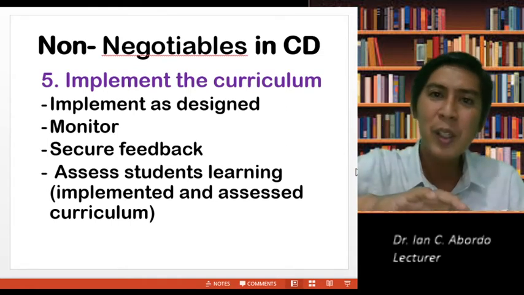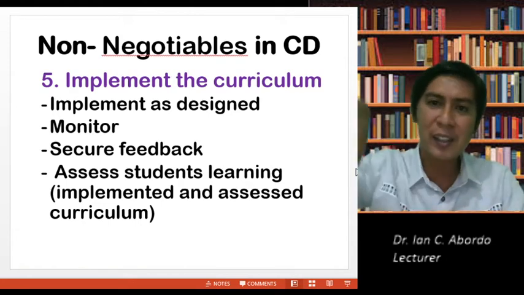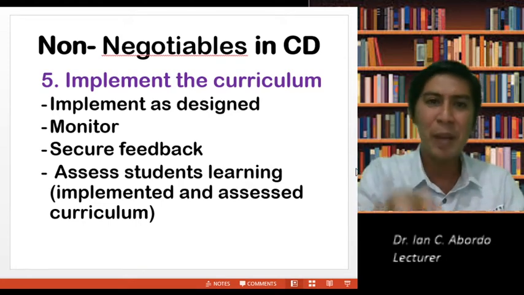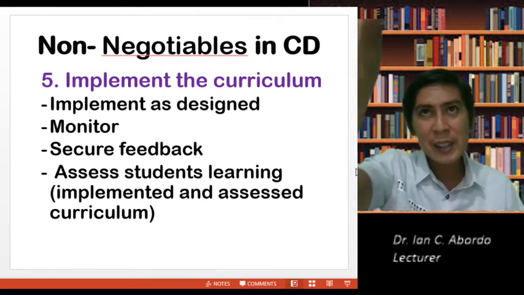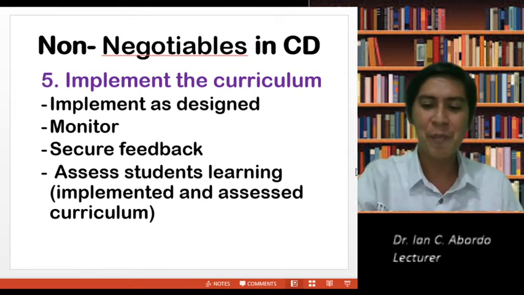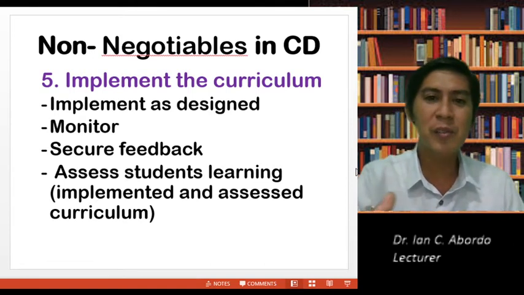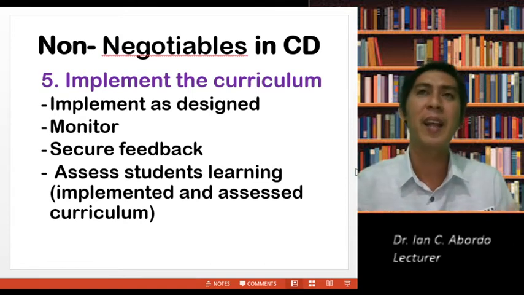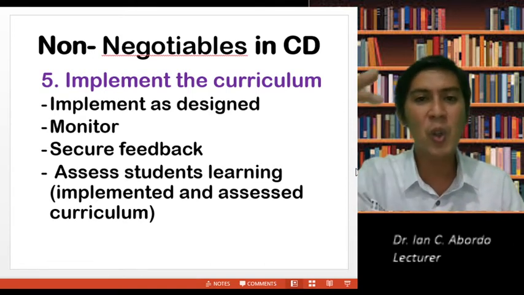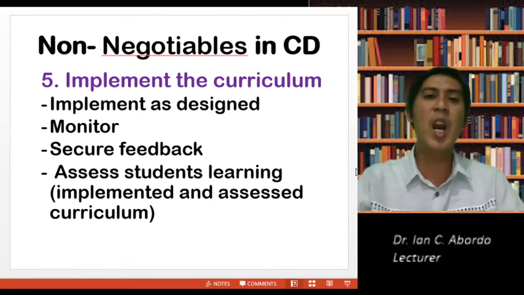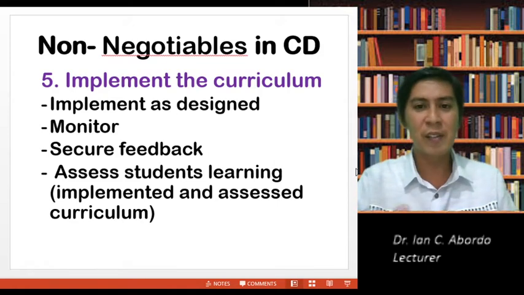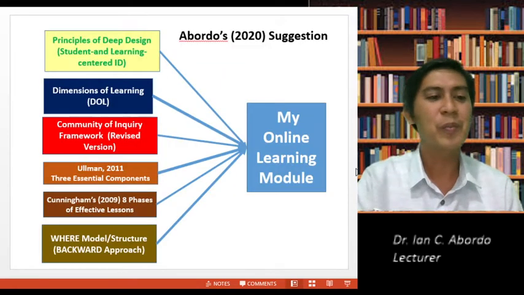This is the effect of our implemented curriculum. Our written curriculum will have an effect. If the student just got a score of 79, that's the assessed curriculum. That's all that the learner has learned. That's curriculum too.